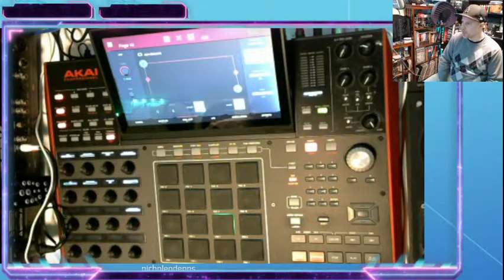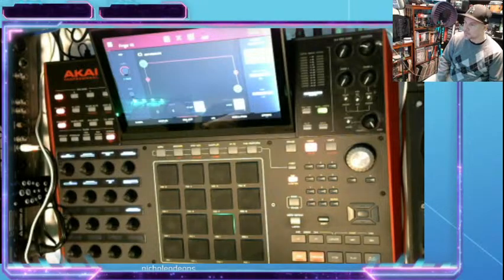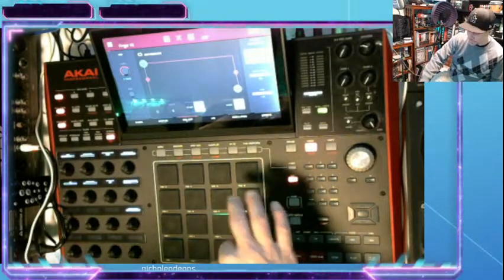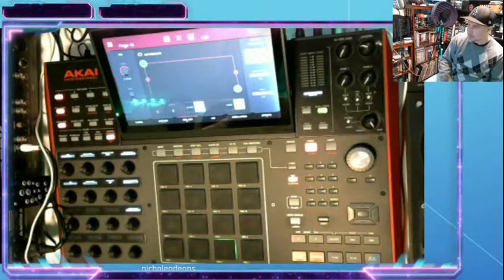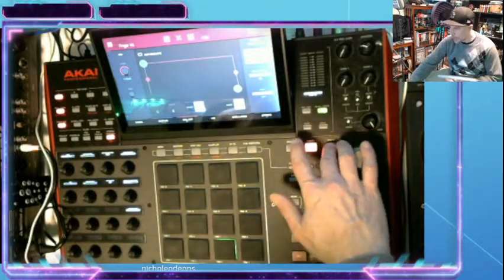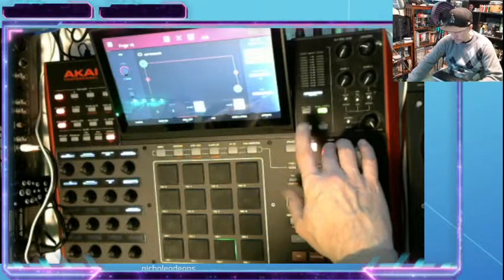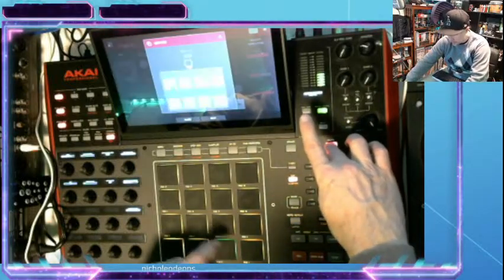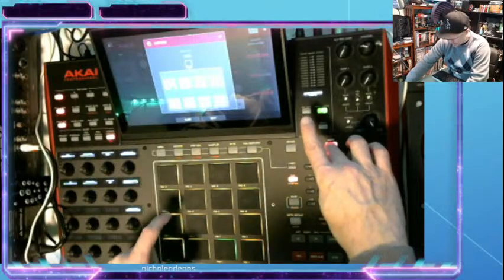Open hat muting with note off. This little trick is pretty cool as an alternative to the mute target open hat method. First, copy the closed hat pad A03 to pad A12. Remember, to do this, hold down the copy hardware button and tap on pad A03 and then tap on pad A12